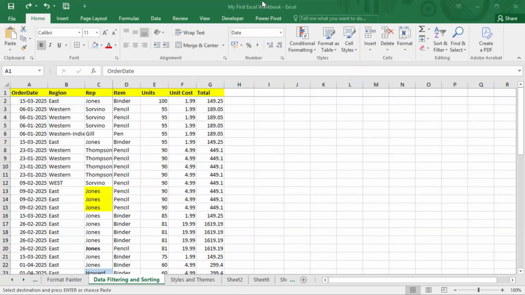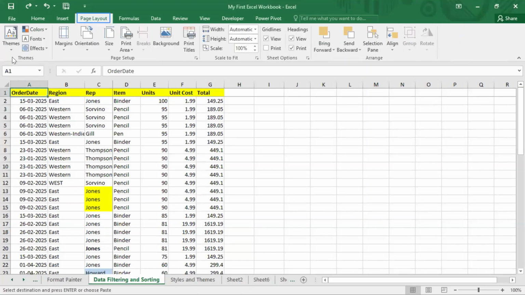A few mouse clicks is all it takes to apply a different theme and change the look of your document. Now, how do I access these themes? I need to go to Page Layout on your ribbon. Within this Page Layout, you have the option called Themes. Within Themes, you have this theme